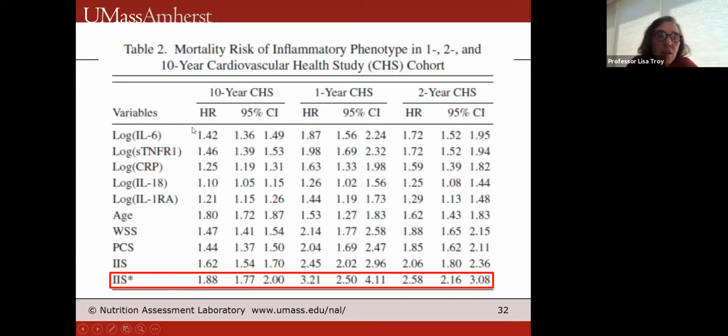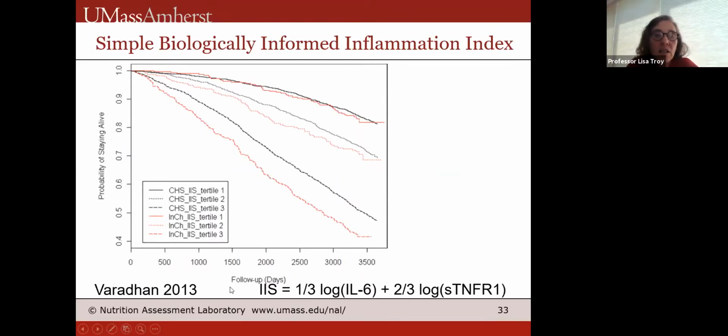They found overall that if they looked at the individual biomarkers, it's very common to log these because they don't have a standard curve. But if they looked at the overall simple index, especially if it was sex specific, it did an overall better job predicting mortality risk with the inflammation phenotypes at 10 years, 1 year, and 2 years. This is again the simple inflammatory index, and this is how they calculated it. They weight it, they take the logs of things. That is a detail that if you're interested in, I'm happy to talk to you about later how to create those. But for the purposes of this, you can see that the simple inflammatory index does a pretty good job